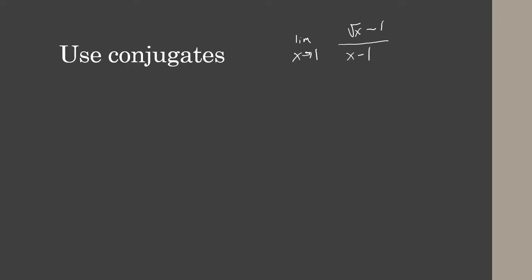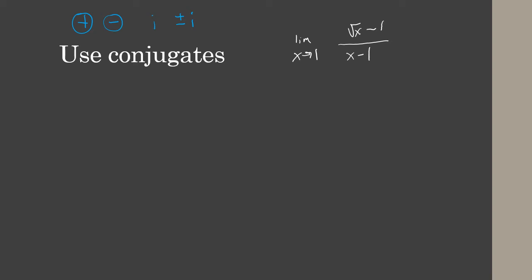Another technique we have to analyze limits is to use conjugates. Now, what are conjugates? Conjugates are when you have a pair with a plus, minus. So if we think back a little bit to imaginary numbers like i, it's always going to be plus and minus i. And so conjugates are when we have the plus and the minus aspect. Now when we have radicals in limits, oftentimes using conjugates and multiplying by the conjugate pair can